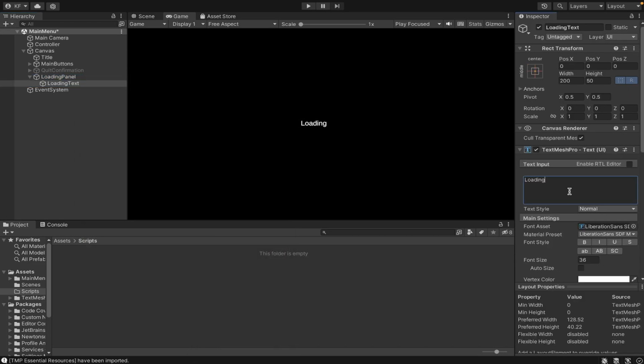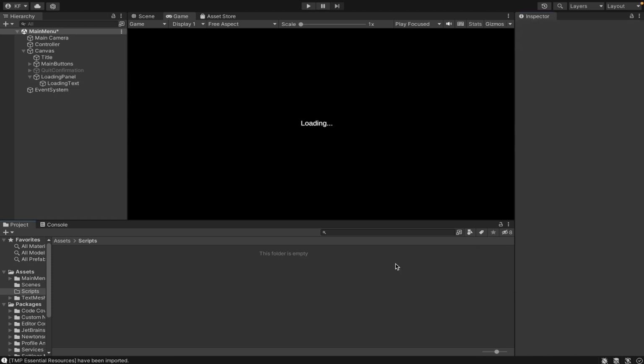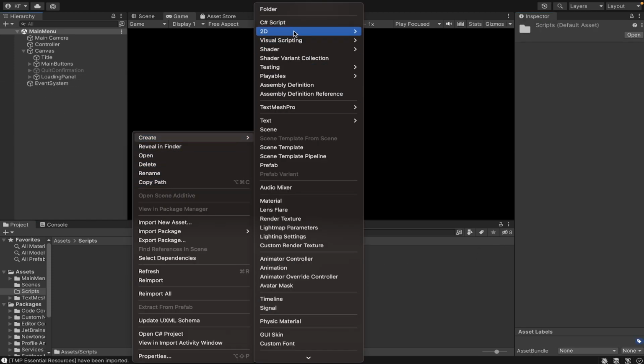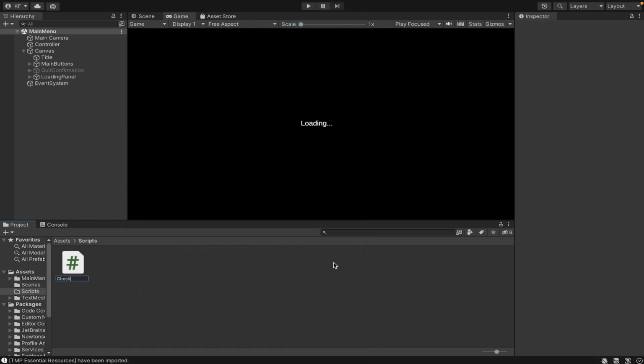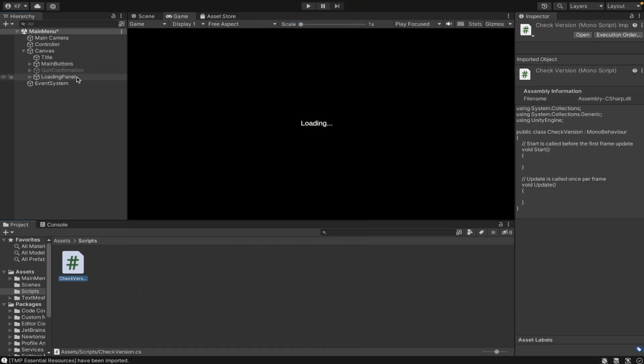What this loading panel is going to do is be a buffer between checking you have the right version and loading the game. So now we just have a simple loading screen. Obviously you can customize this however you want. In the scripts folder, I'm going to create a script called CheckVersion, drag the script onto the loading panel,